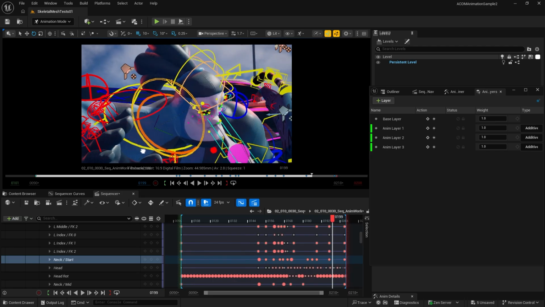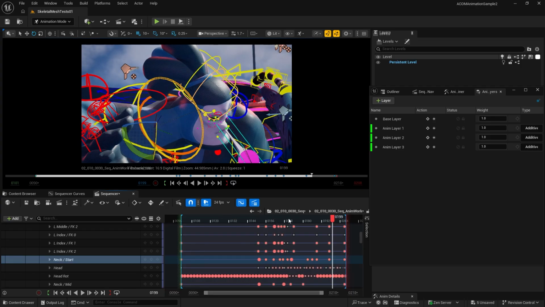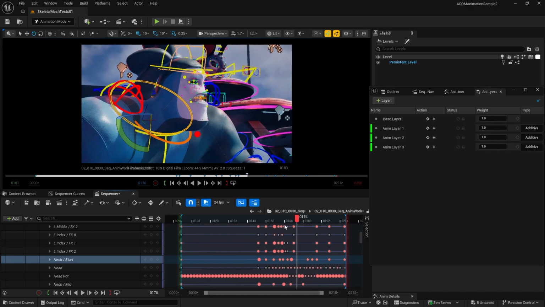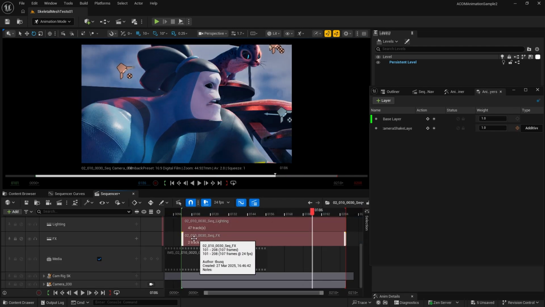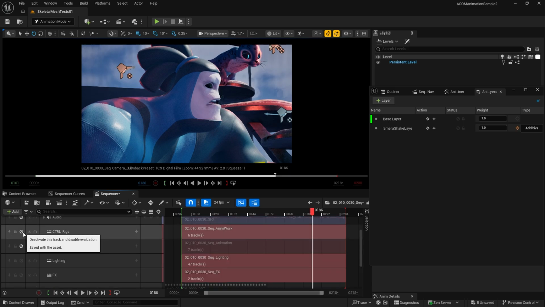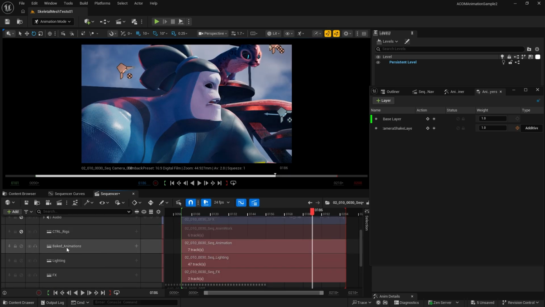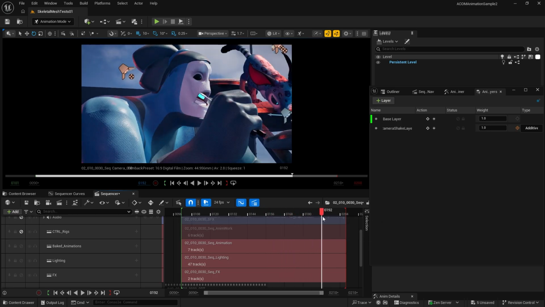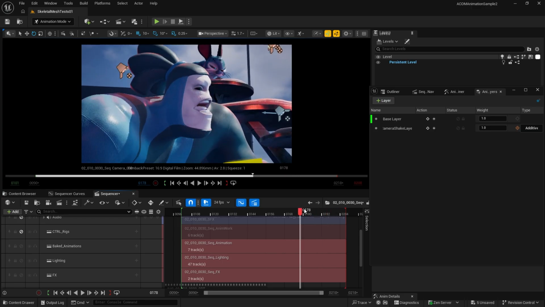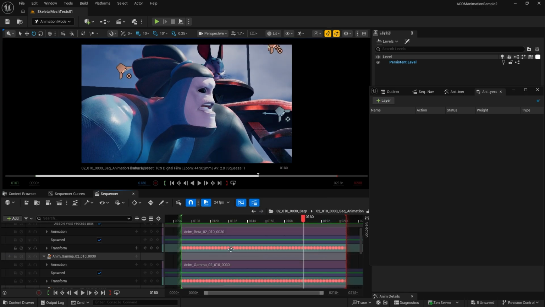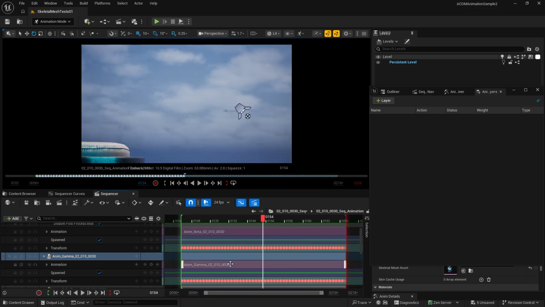This is also a good opportunity to see the differences between the control rig physics and the baked animation. If you go one layer up, you can easily go here, and instead of the control rigs, you come to the baked animation of the same content. You will see that the hair particles have a more desired output. So how is this possible? Because this animation is baked onto the character as a separate animation.